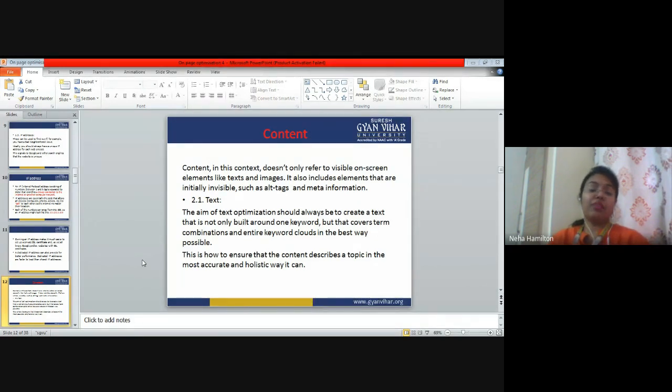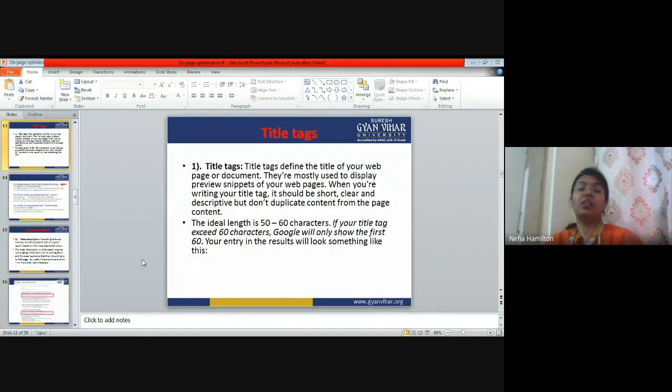The next thing that we have covered in search engine optimization is called content. So content is king in search engine optimization. As I have already told you, the text is very important, the title tag is very important, the length of the title tag is very important. It should be from 50 to 60 characters, not less than 50, not greater than 60,